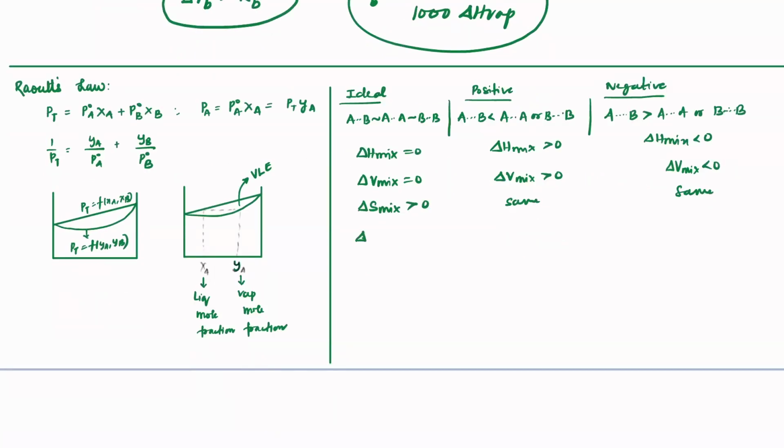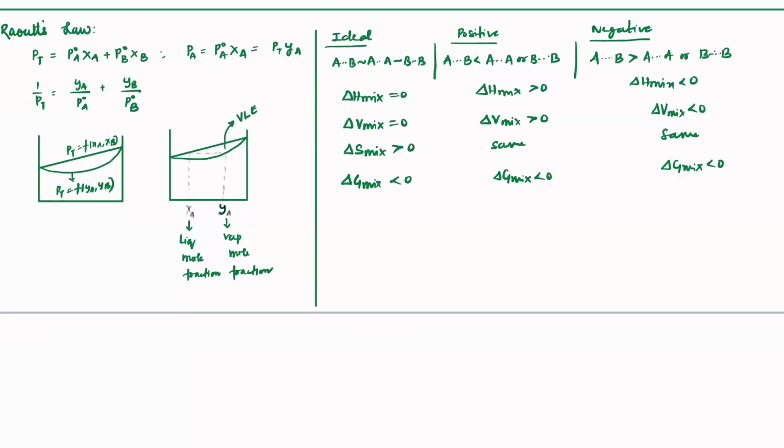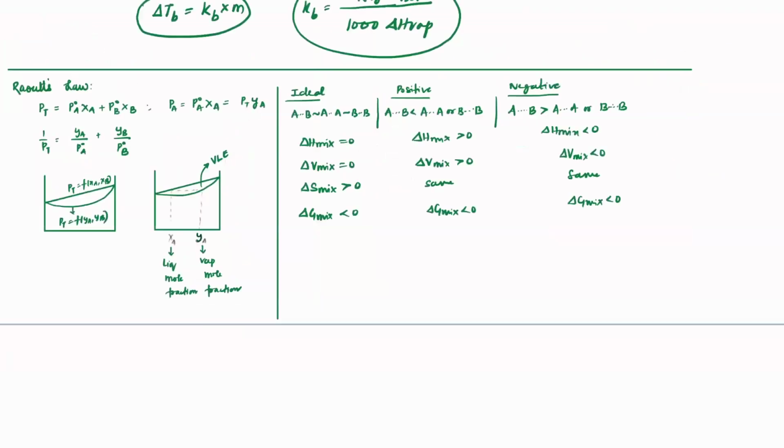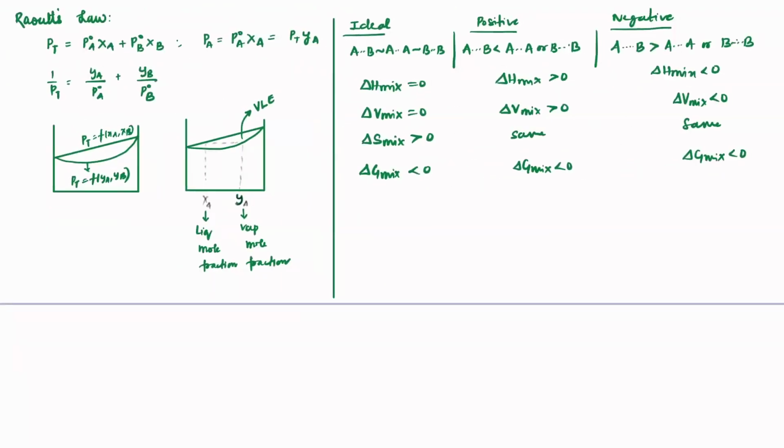Delta G of mixing will also remain less than 0 as long as it is mixing properly. So it is miscible, which we call miscible liquids. As long as they are miscible, delta G will always remain negative. Got it? I gave you a bunch of examples for ideal solutions, positive deviation, negative deviation. Got it? These are a few important areas which we have discussed, and make sure that you revise them thoroughly. Now, coming to the next topic, we learned about